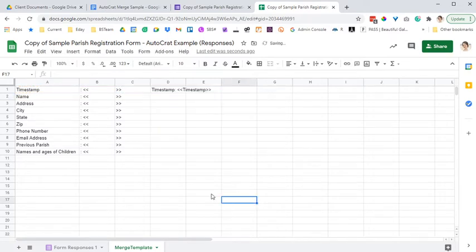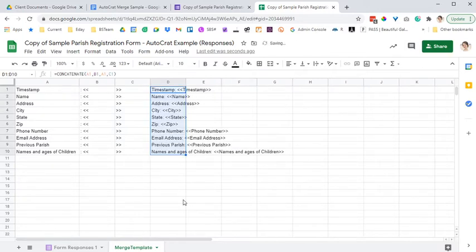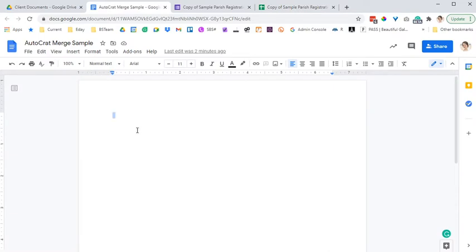So my output looks like this. There's double brackets around each, that's where the answer is going to go in this merge versus where the field is. But since we're going to make this as something that can be printed,